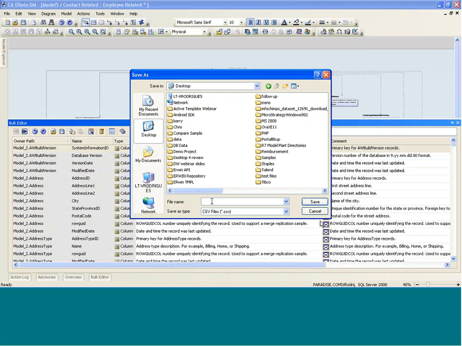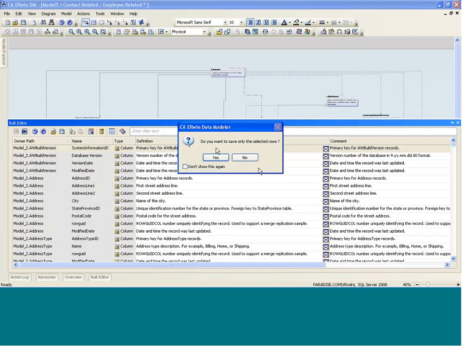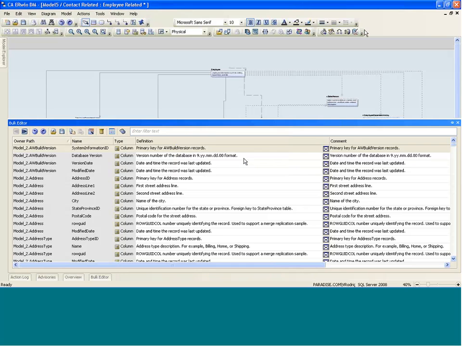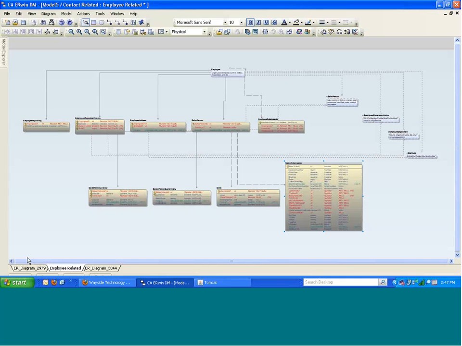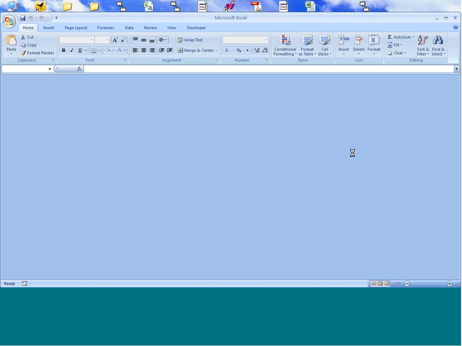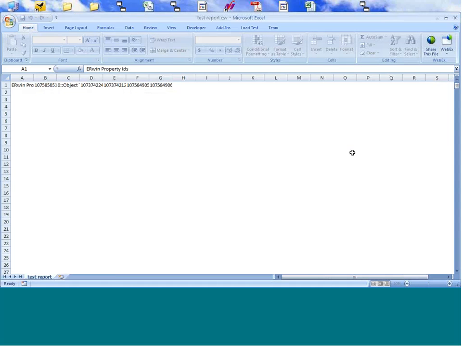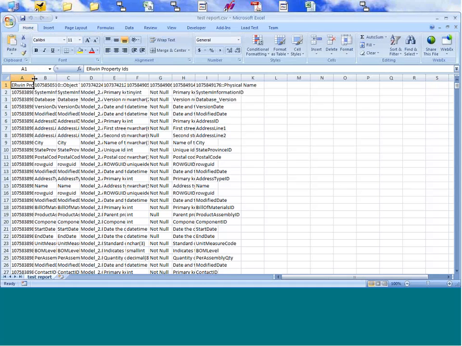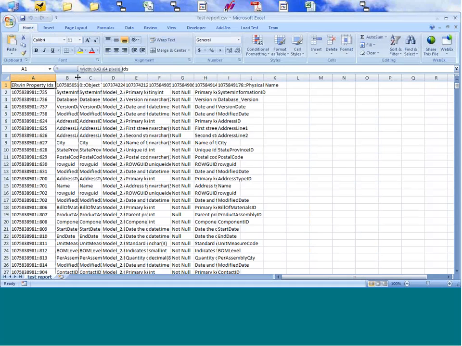I'm going to just call this test report. Only selected rows? No, I'm going to actually want to export everything. Let me go to my desktop and open that report up. And once we actually open this report up, we have